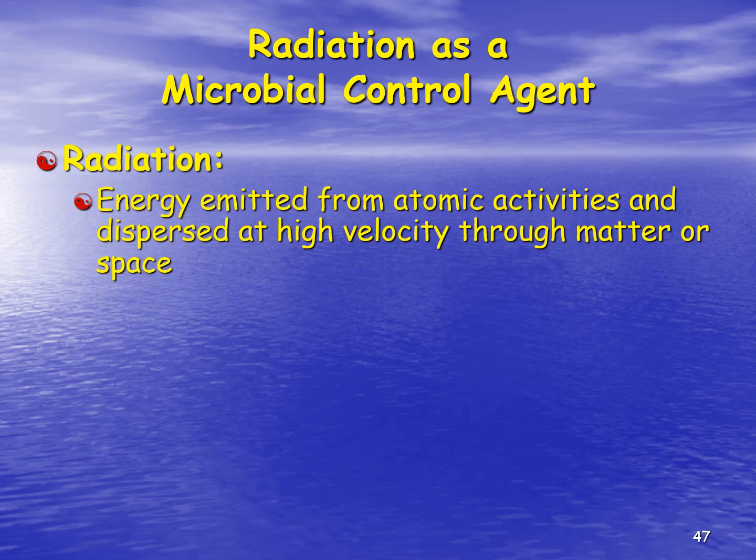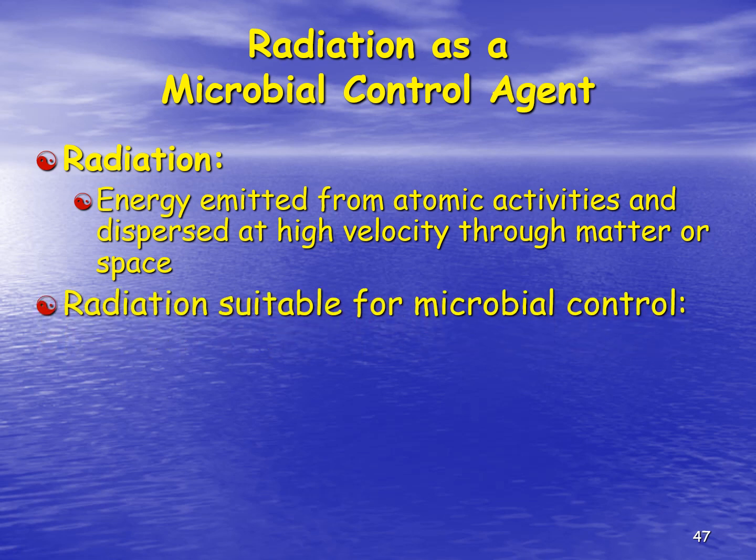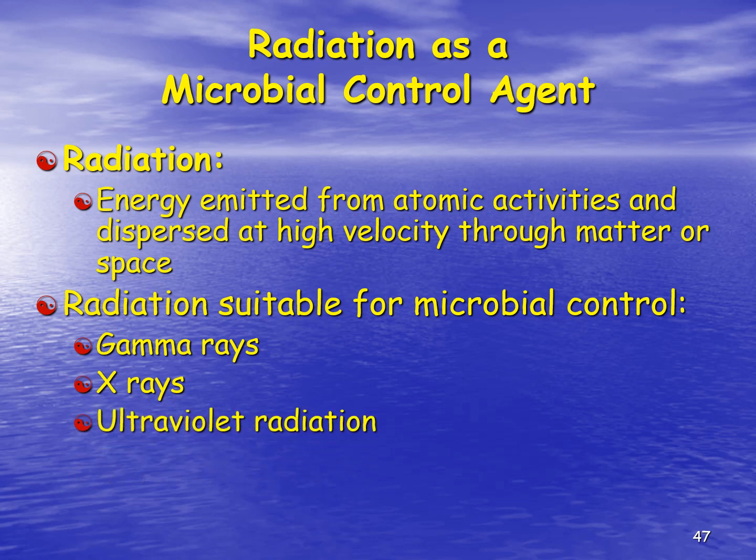Radiation, energy emitted through atomic activities and dispersed at high velocity through matter or space, will actually disrupt DNA and RNA structures. Radiation suitable for microbial control includes gamma rays, which can be very deadly to living tissues, so we're going to use this primarily only on inanimate objects, and things such as plastics that cannot stand heating and steam sterilization would be a good example for something we want to use gamma rays for. We could use X-rays or even ultraviolet